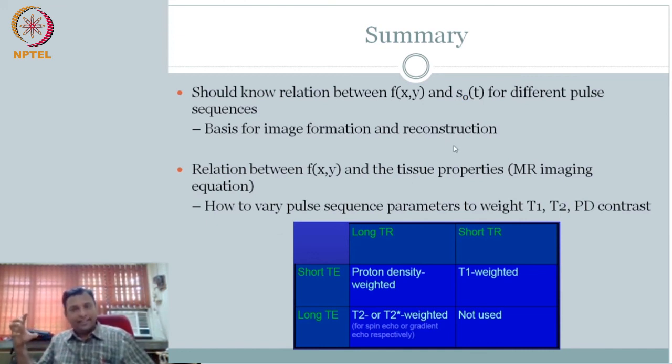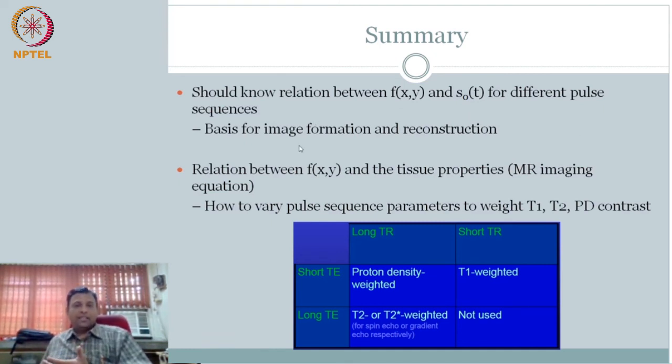So last but not the least, you should understand this very important concept of the signal that you are measuring, S of t, right? It is very counterintuitive. I'm saying S of t, we are always trained to think about a time domain signal. It turns out S of t here that you are measuring, or S0 of t, which is your demodulated signal, is actually measuring the Fourier transform of the signal. Okay. So the more time you allow, the more frequency content you capture. You can think about it that way. So you are actually capturing the Fourier transform of the object. F of xy is your object. You are measuring the Fourier transform of the object when you are actually measuring S0 of t.